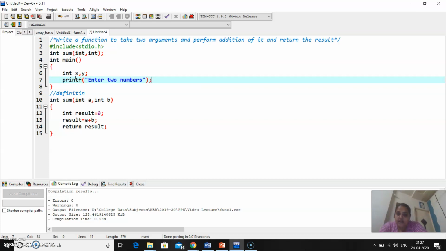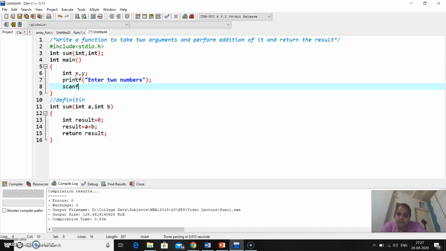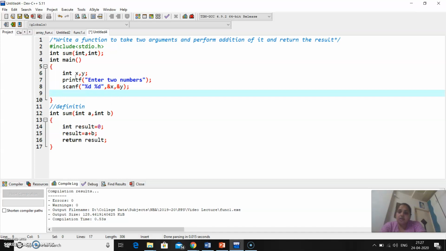Then after, I will write scanf percentage d, as this is an integer, percentage d comma ampersand x comma ampersand y and semicolon. Now these values I want to pass to the sum function. So I will write sum x comma y and semicolon.